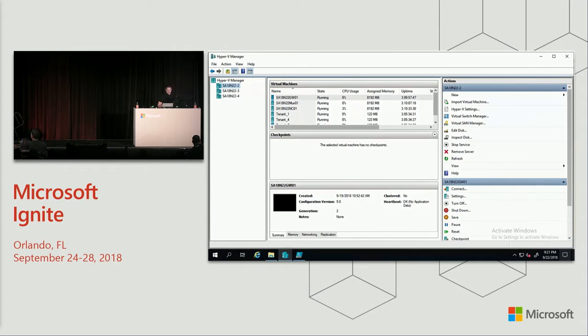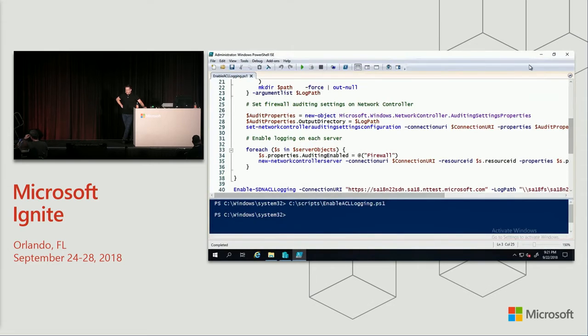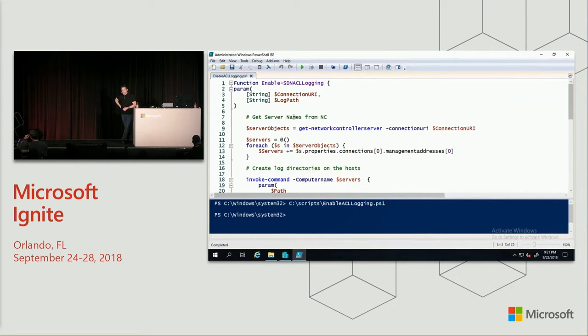Is it actually moving? There we go. I have a few tenant VMs on here as well, on each host, kind of distributed across these 3 hosts. So it's fairly straightforward. MUXes and gateways are deployed as well. And so what I'm going to do is go to PowerShell, and I'm going to enable SDN